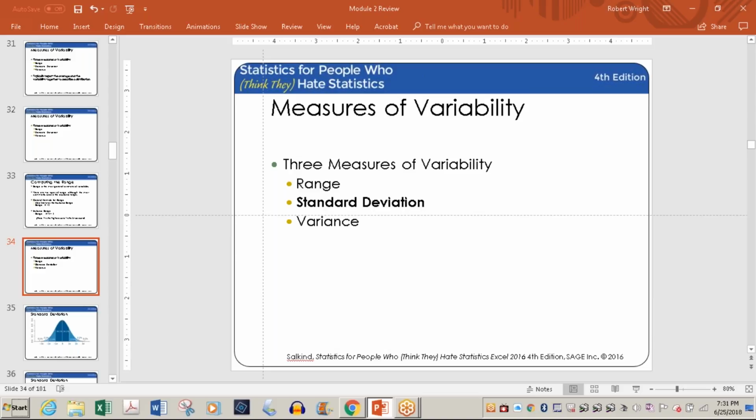Isn't that where most of your scores fall within one deviation away and then two? And it gets into that like 95%, 99%. Yeah, but away from what? From the mean or the middle. From the mean. That's basically what you're looking at, the average distance of the scores from the mean. And that's very important.